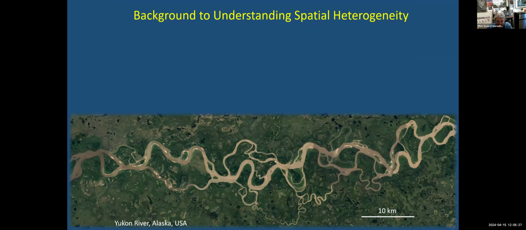Social scientists talk about the baseline of perception, or the shifting baseline of perception, and it's essentially the idea that whatever you are used to is normal. So if you grew up in an urban area and you are used to seeing a river that looks like a concrete-lined canal, that's normal for you, and that's what you expect to see. That's an extreme example, but most of us, I would say all of us, outside of the very high latitudes or some areas of the tropics, are used to seeing rivers that have a long history of human alteration.